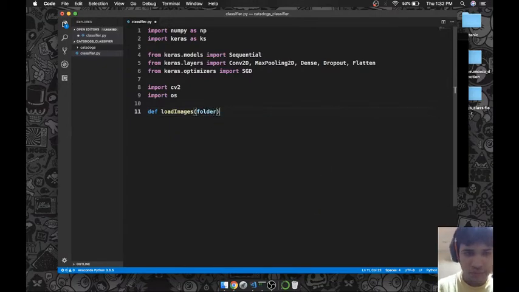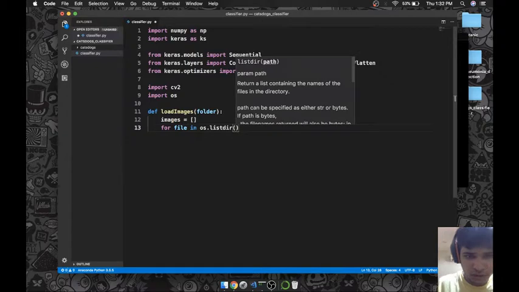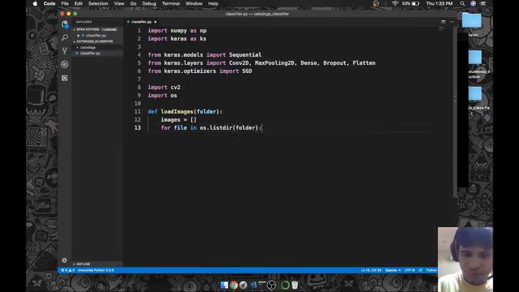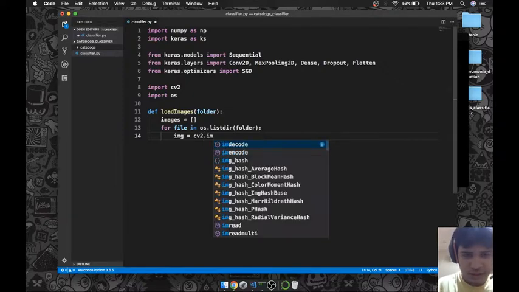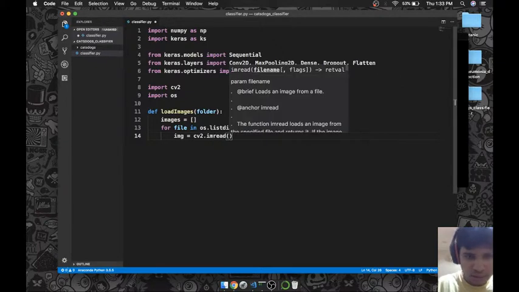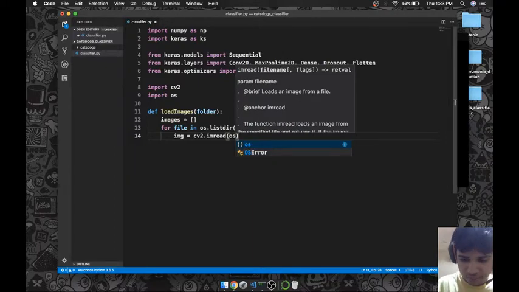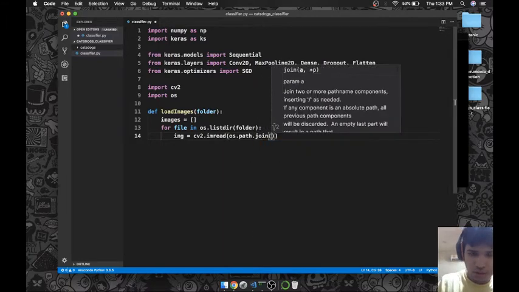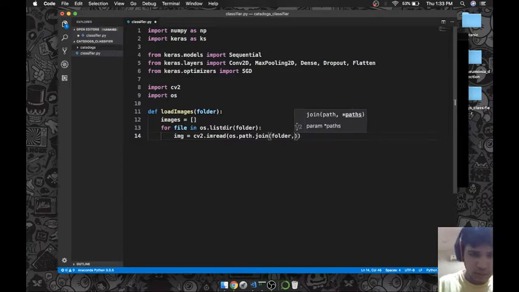and it will take a folder name path. Then we will make a list in which all the images would be stored, and then for the file in the folder, image is equal to, now CV2 will read the image and give us the pixel values by the function imread, and it takes the path, and we will give it the path os.path.join the folder name and then the file name,